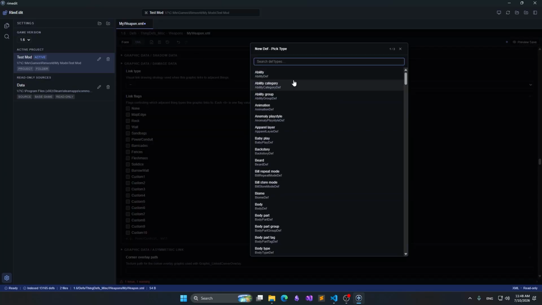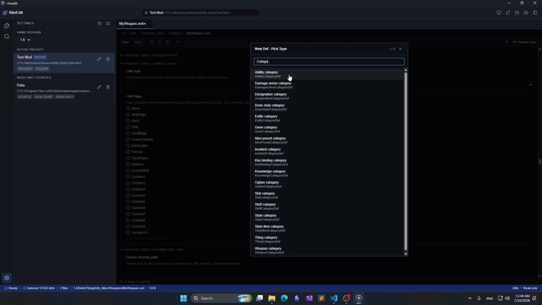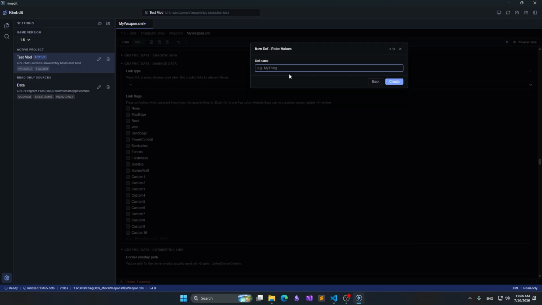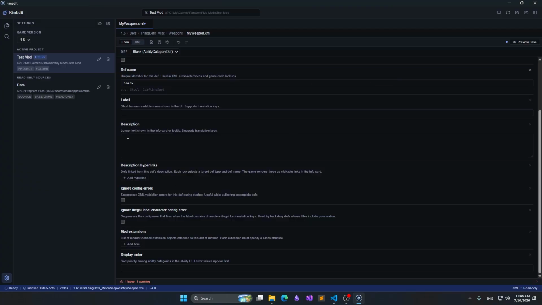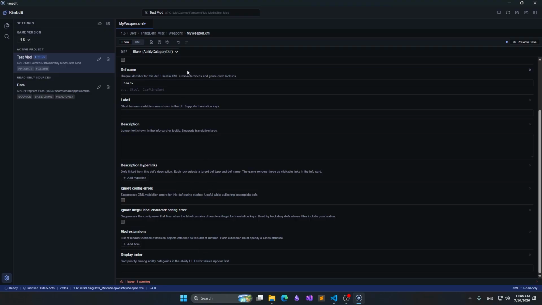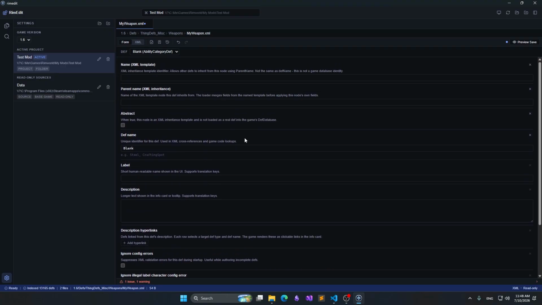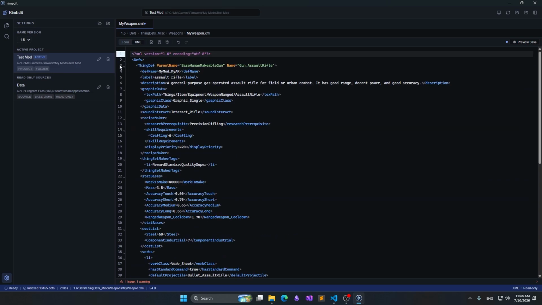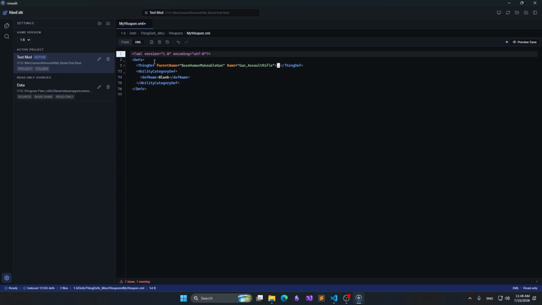If I create another def, maybe something simpler, like there are smaller defs, for example, ability category. Let's do blank. This is something much simpler. This def doesn't have much information. So there are very complex defs, and there are very simple defs like this one. And I'll show you the structure here. This is what happens when I create a new def,